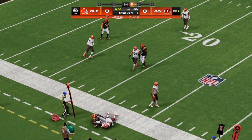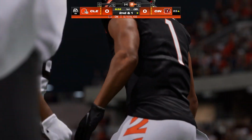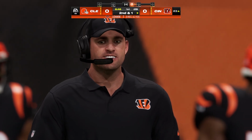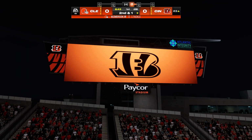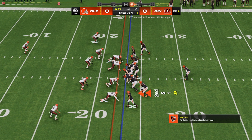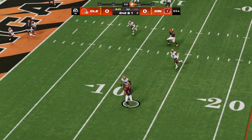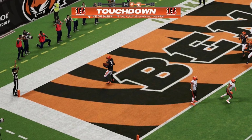Here's Burrow completing this to Chase. Well, that's not just his first, not his second, already his 3rd completion here on the opening drive. And I think it's safe to say that getting him the ball in this game is one of their top priorities. And the top priority for the defense has got to be finding ways to cover him. And I don't think you can have one basic coverage to get it done. You have to throw a number of coverages at him, make him think as he's running downfield, and hope you can create a little bit of